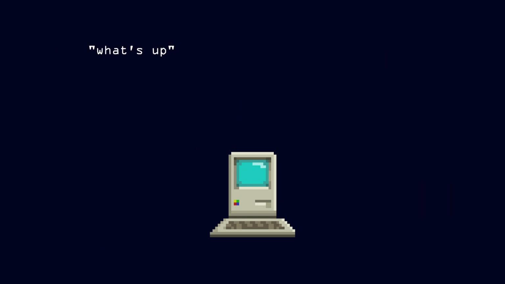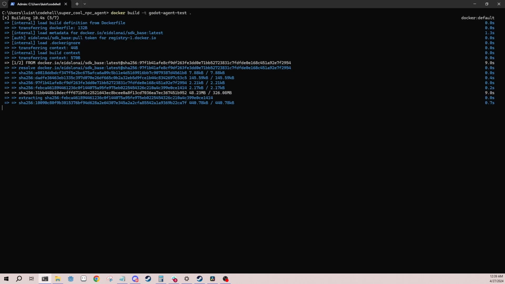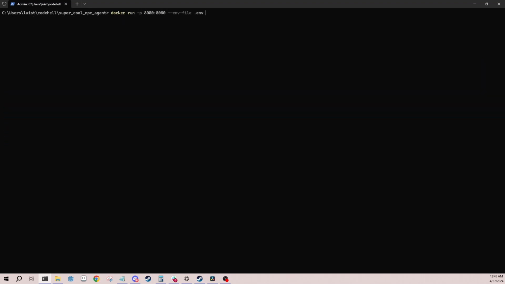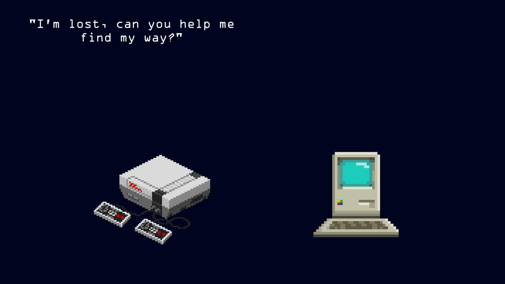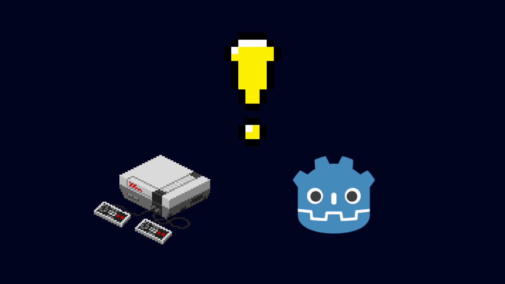Using Eidolon, I was able to easily configure an agent to serve as an NPC you can chat with. I defined the agent's behavior with a simple prompt in a single YAML file, built a Docker image from the Eidolon AI SDK and my YAML file, and spun it up as a server on port 8080. To make it interesting, I needed a user to be able to interact with the server through an interface in a game. To do this, I built a project using Godot.